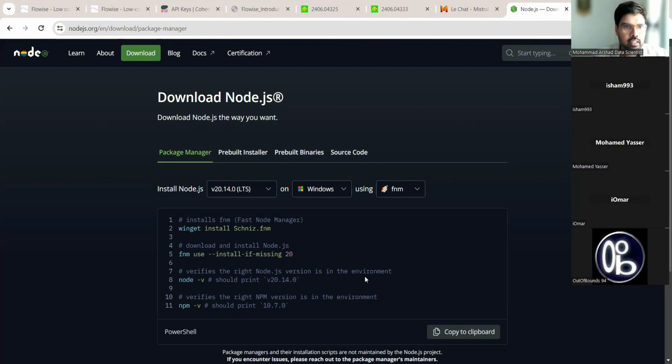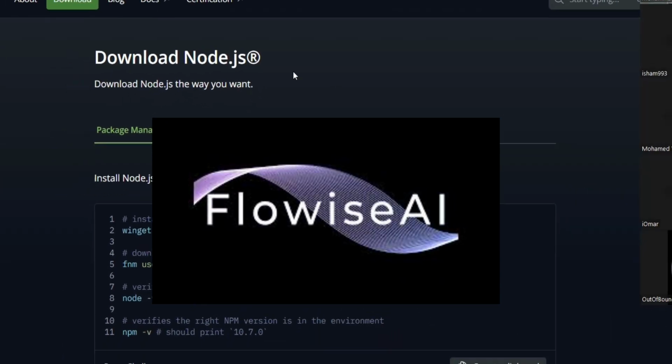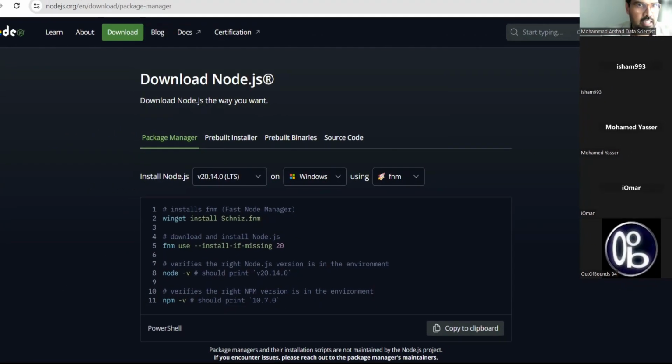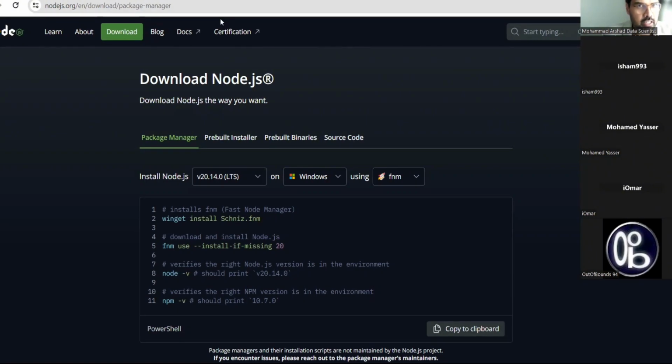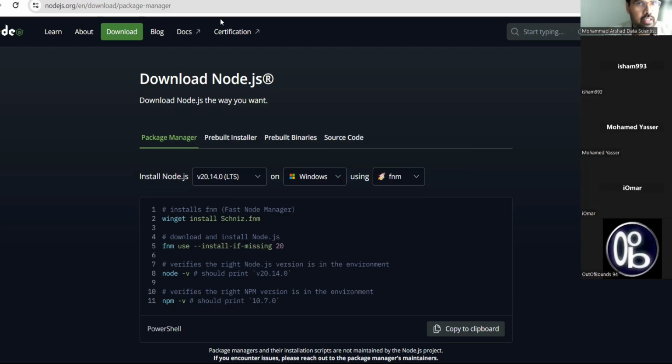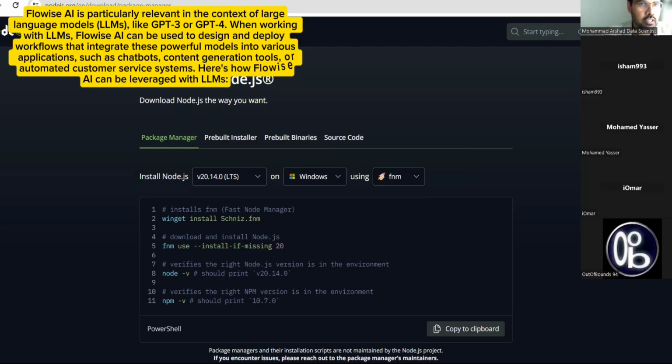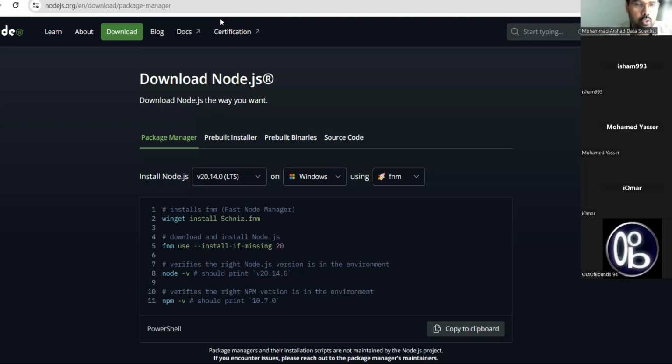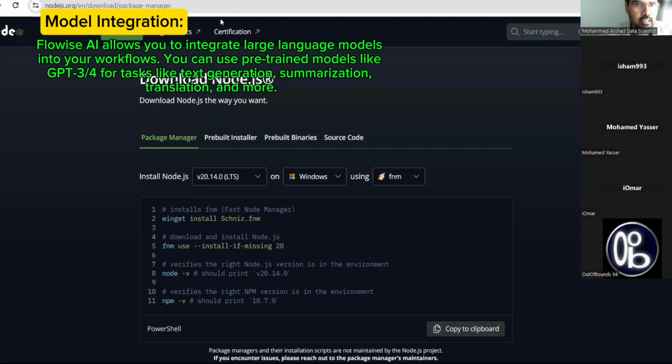So welcome everyone to this session by Mohammad Yasir about unlocking the power of Flowise and more. As Yasir just mentioned, it is more of a hands-on exploration of LLMs, large language models, and retrieval augmented generation. And the best part about this is it's open source, and you don't need to do much code. You just need to understand the architecture, and you need to do some drag and drop, which Muhammad Yasir will